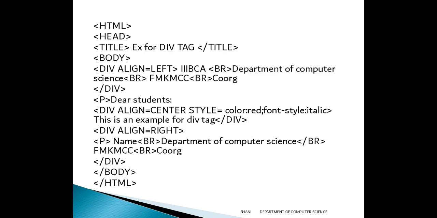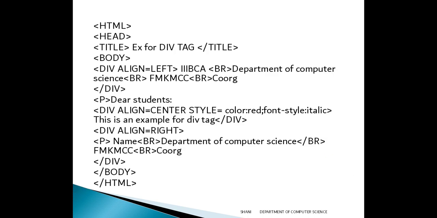We can see whether this text has appeared on our right side, that is div align equals right. Yes, you can see name, Department of Computer Science, FMKMC and KUR have appeared on the right side. Okay. You should close your div tag, look at that properly, then end the body tag and end the HTML tag. This is how you should write the program, and you should save the file as filename.html. You will be writing this program in Notepad, and the output can be run in Internet Explorer, Google Chrome, or Firefox. Okay. So this is our output for the program. This is an example for a div tag.